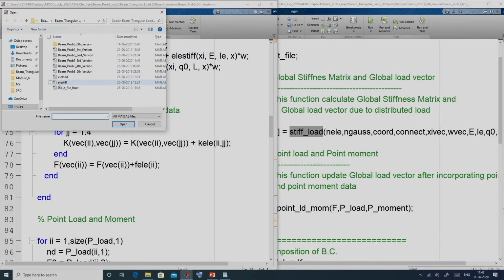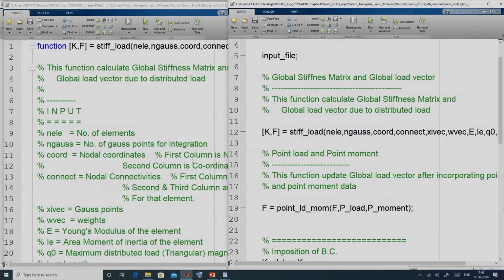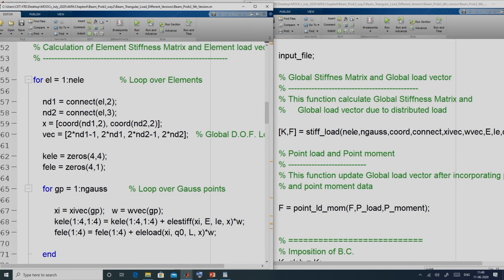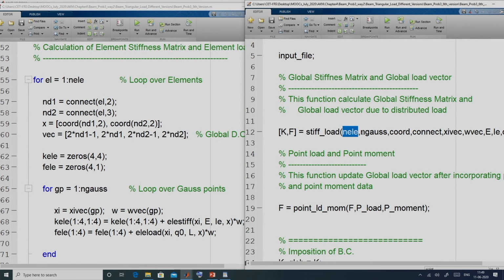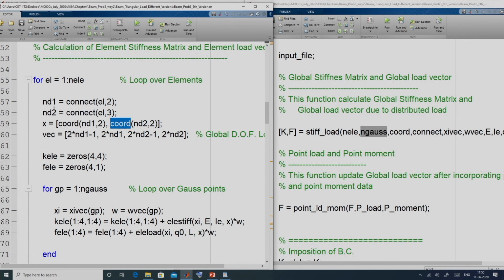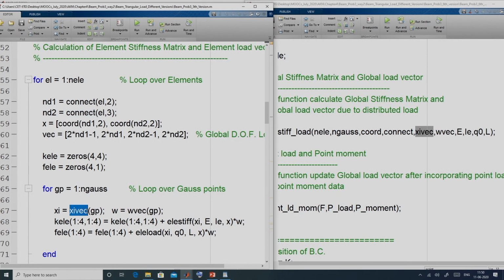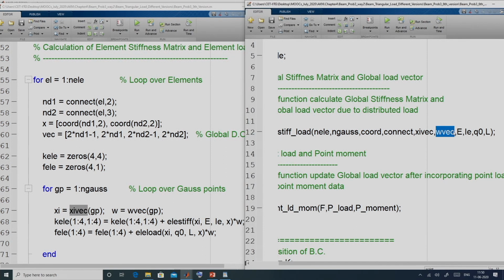If we open this stiff load function, these are the inputs: number of elements, number of Gauss points, then the coordinate matrix, connectivity matrix, then this xi vec, which, if you recall, is nothing but the vector consisting of Gauss points, corresponding weights in W vec, then Young's modulus, moment of inertia, Q naught, and the length of the beam.